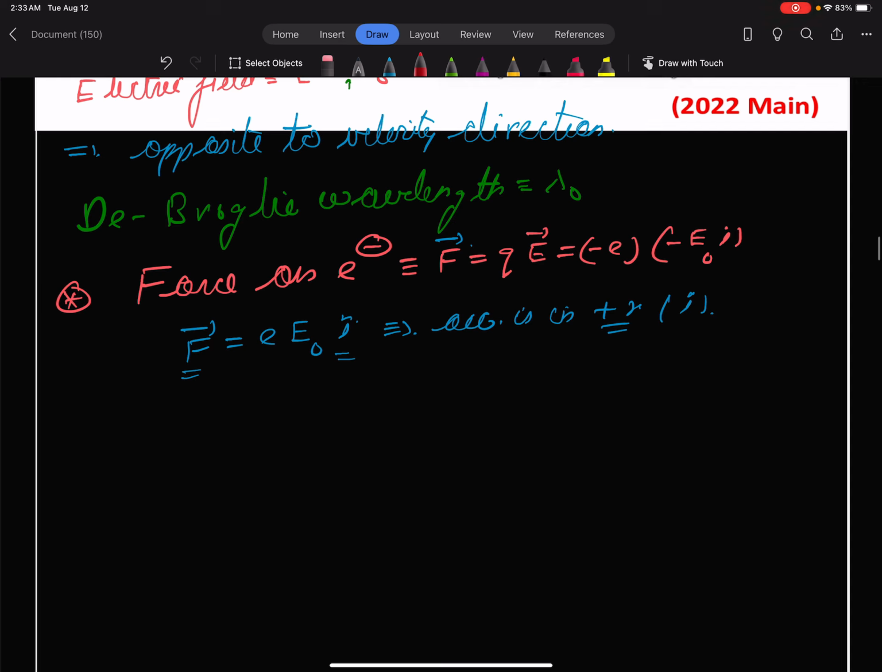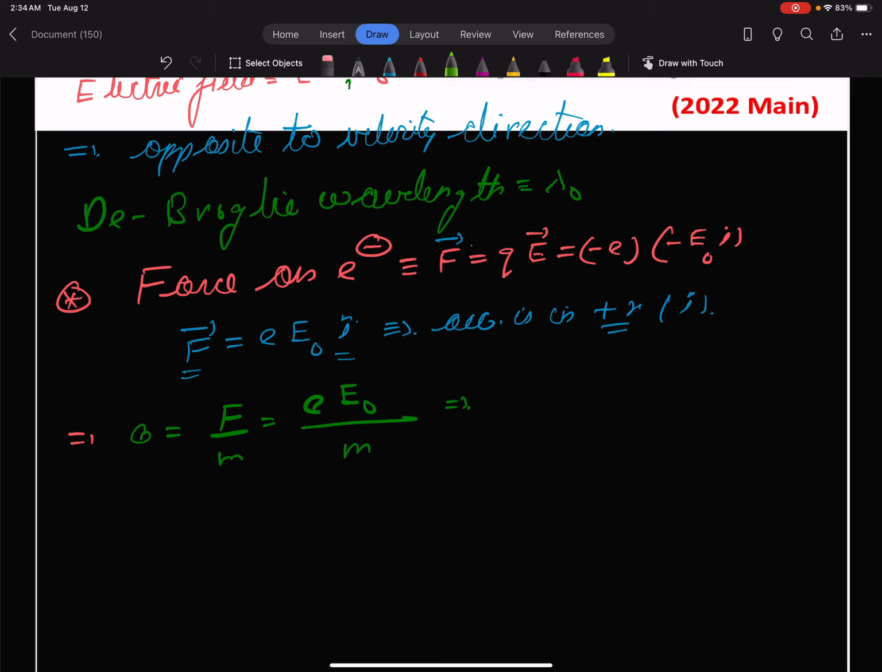So we can write that our acceleration a will be equal to force divided by mass. Force is our E naught and mass is m. And we know that, in terms of velocity, we can write that,